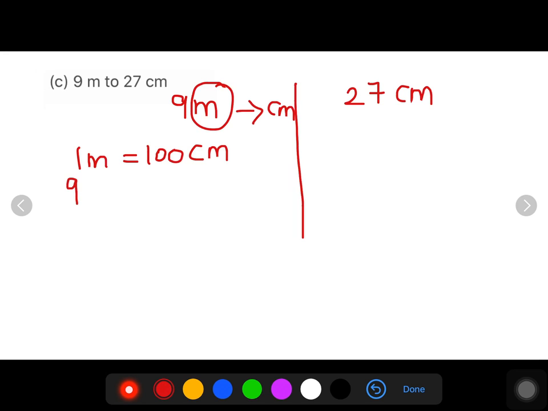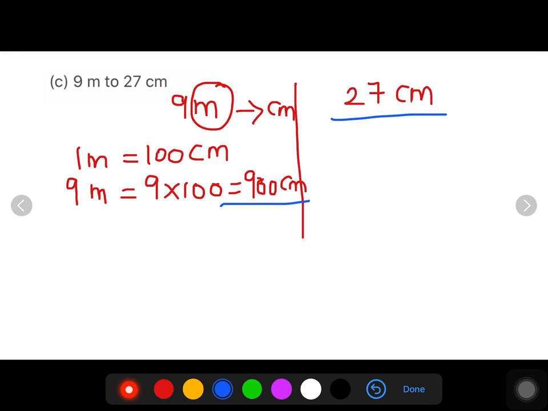Therefore 9 meter is equal to 9 into 100, which is equal to 900 centimeter. Now both the quantities are in terms of centimeter, so we will find the ratio. The ratio is equal to 900 is to